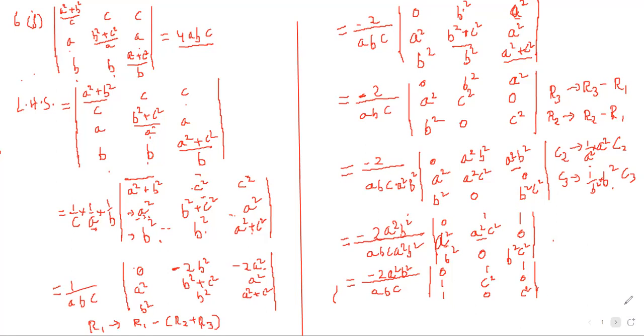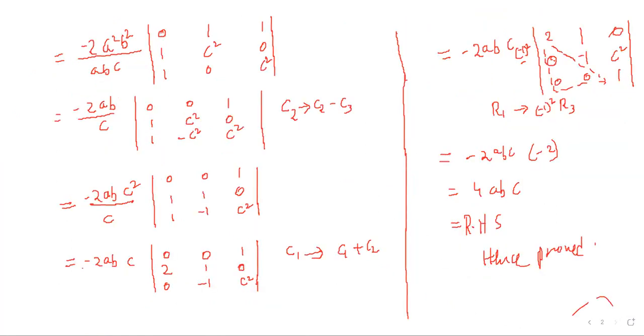So on the next page, we will write the same determinant again. And then we will think what we should do. And it will also cancel one of the a from the denominator, one of the b from the denominator. So minus 2ab by c, 0, 1, 1, 1, c square, 0, 1, minus c square is already there. Why? How have we brought it? By doing the action C2 minus C3. C2 is operated as C2 minus C3. So column 3 subtracted from column 2. So 1 minus 1, 0, c square minus 0, 0. 0 minus c square is minus c square. So c square is common from the second column.